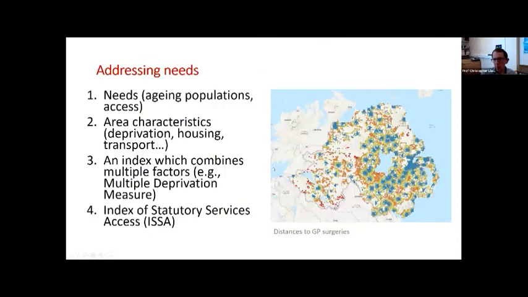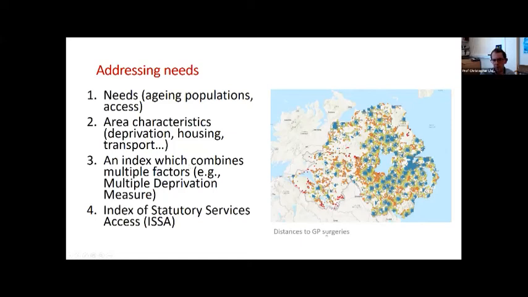So it's about trying to pull together a variety of different data sources on, in this case, dementia, though not particularly adequate estimates, need, area characteristics, so that could be deprivation, housing, transportation, and then trying to bring those together to create some kind of collective way of considering those factors together. So we've created an index that I'll come to in a minute, which people often do when you're trying to look at multiple characteristics. Here's one of the other inputs.